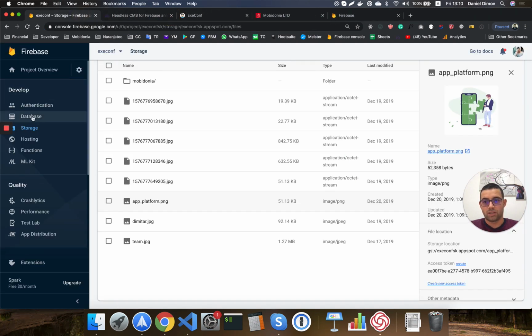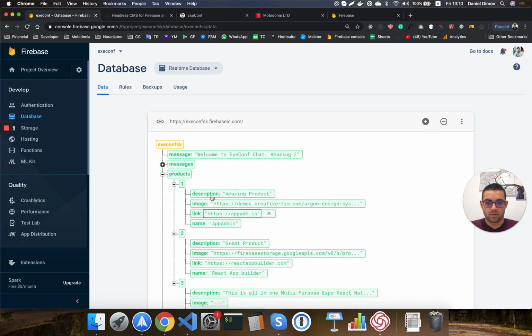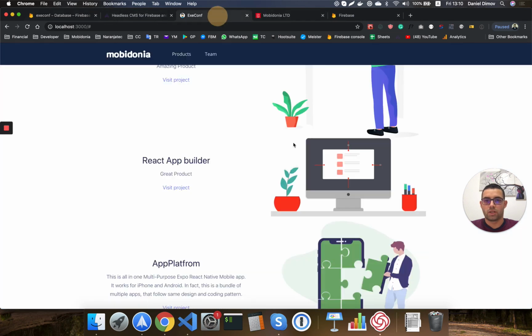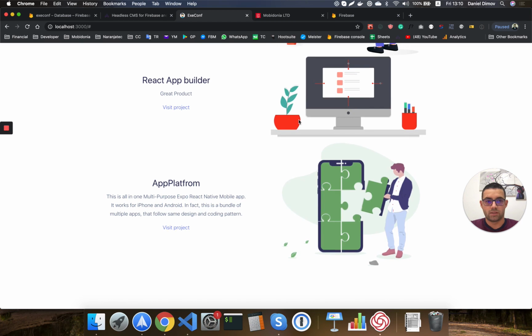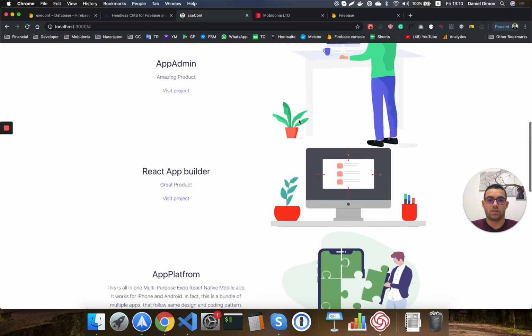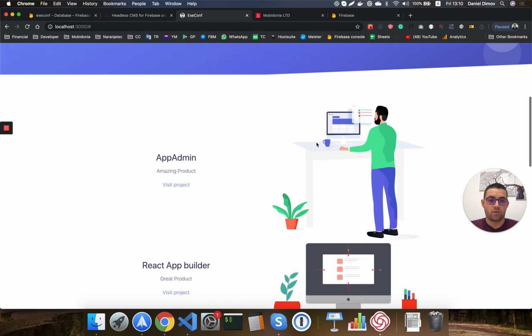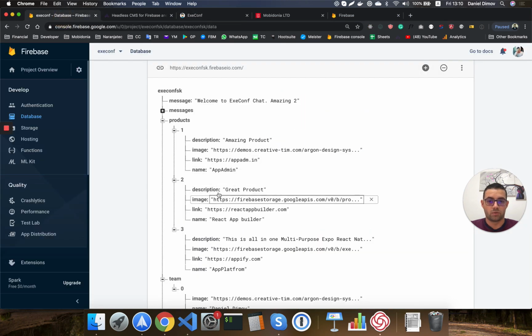We'll close. I need to go once again into database, and I need to go inside real-time database, locate my item once again, and put the value here. Okay, so now I should have the product image that I want, and this is really difficult, as you can see. So it's really difficult to manually modify the data inside your Firebase, and I did it